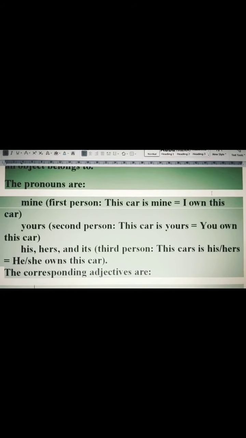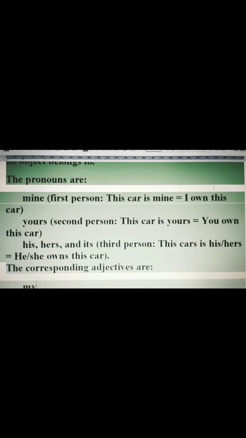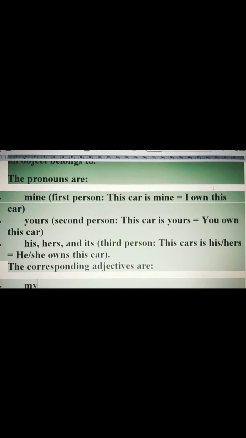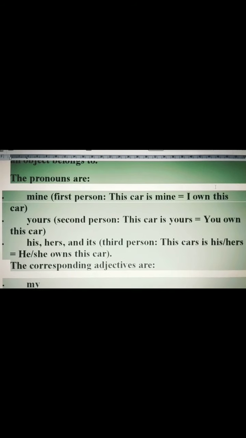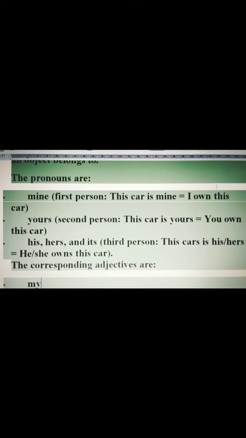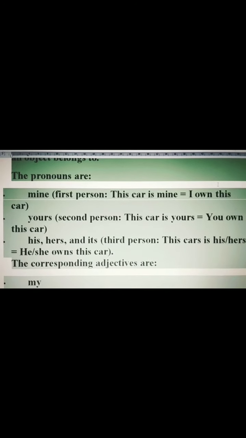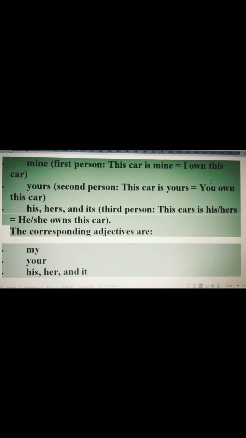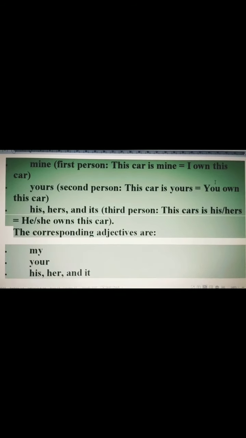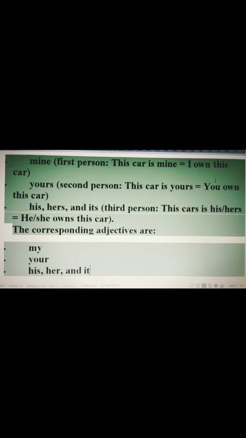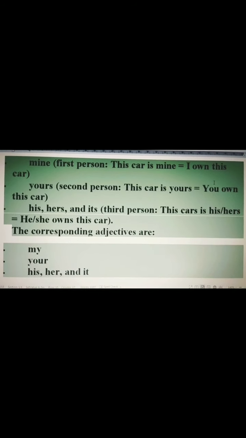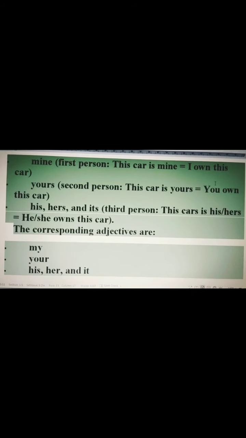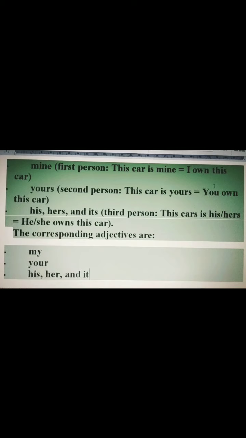And students, whenever you are going through sentences and you need to identify, you should be very clear about which kind of determiner you are talking about, because in many of the questions you have to find the determiner and mention the type of that particular determiner. Then another word we have taken here, yours. Here you are talking about the second person, for example, "This car is yours." The meaning is that you own this car. So yours is the possessive determiner here.